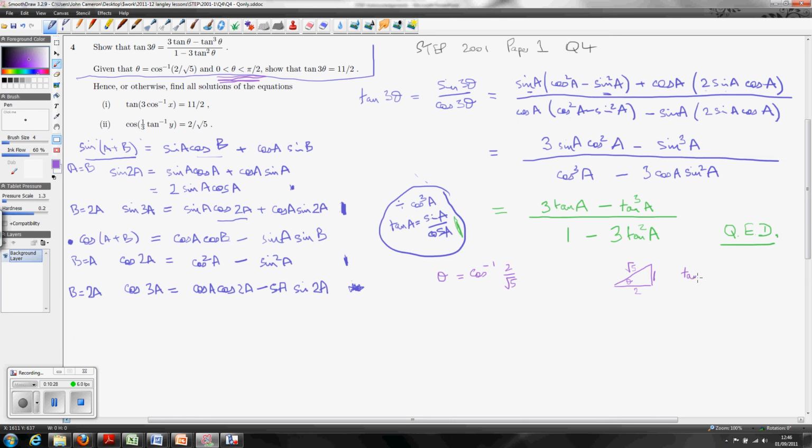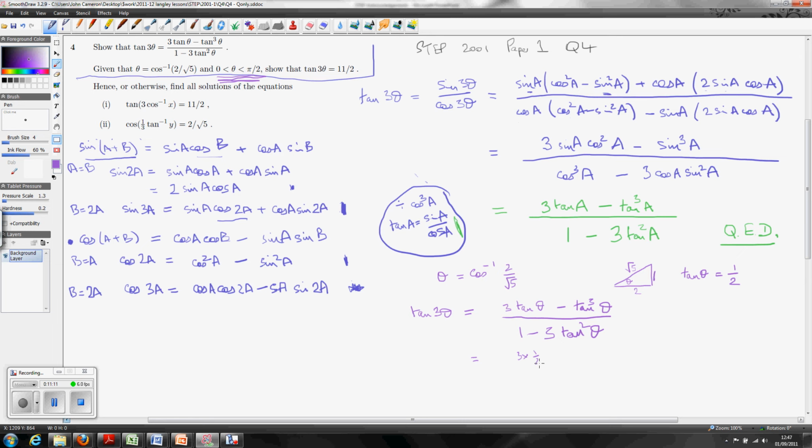And that tells us that tan theta is equal to opposite over adjacent, which is a half. And they asked us for tan 3 theta. Well, tan 3 theta, we've just worked out this formula. It'd be amazing if we didn't have to use it. Let me write it out again. It's 3 tan of theta minus tan cubed theta, use theta this time instead of A, over 1 minus 3 tan squared theta. And this is equal to, now I've just got to substitute in 3 times